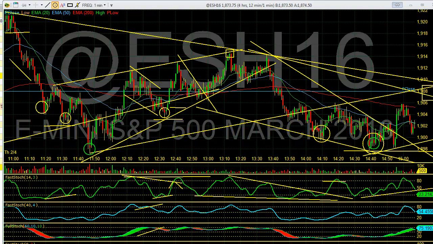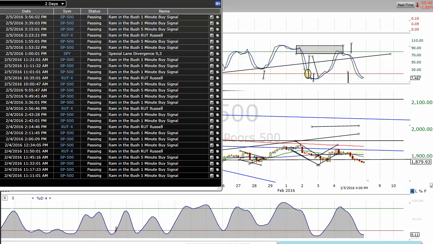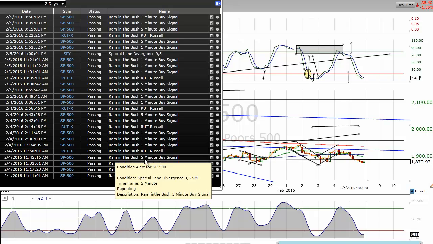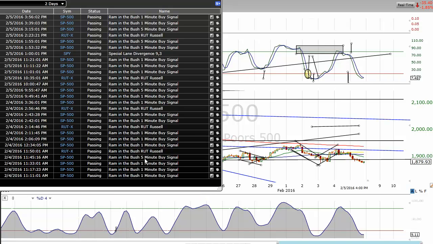So, as you can see, there were a couple alerts here, and these are fantastic. When you go back and take a look at that, we looked at 11:17, 11:35, and at 11:45 we have a 5-minute divergence, a 5-minute RamBot divergence, and it was a Russell divergence too. What's interesting about the Russell divergence, and that was a 5-minute Russell too, is when they happen next to each other on a 5-minute time frame, it's usually one of the better areas of the market to look for a major move.